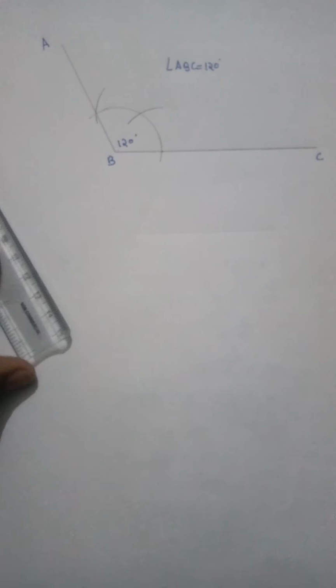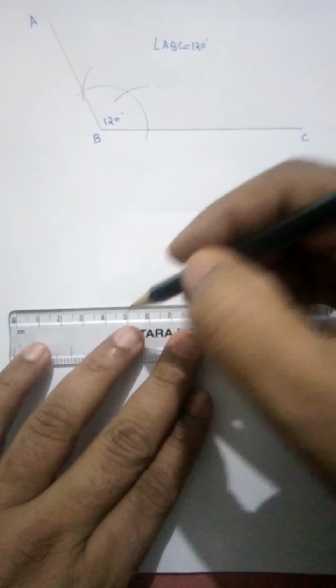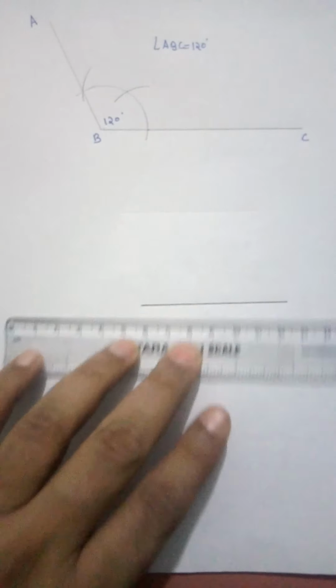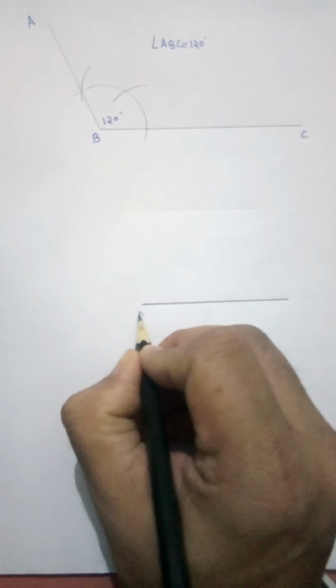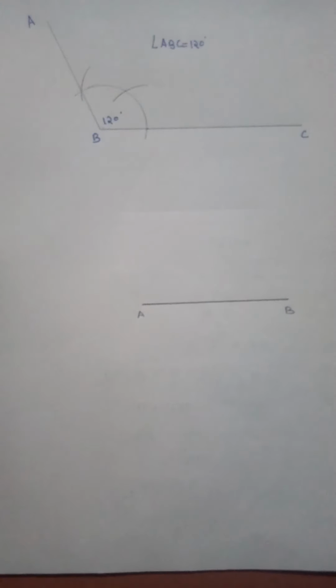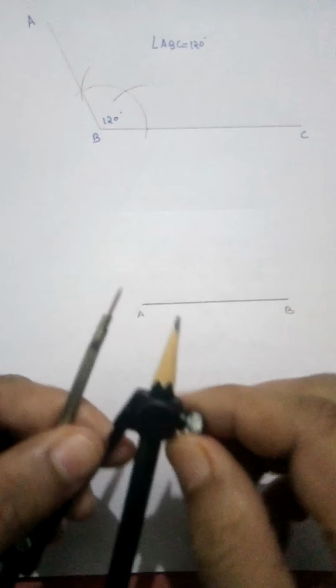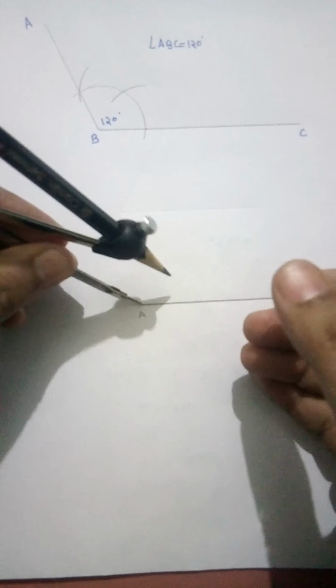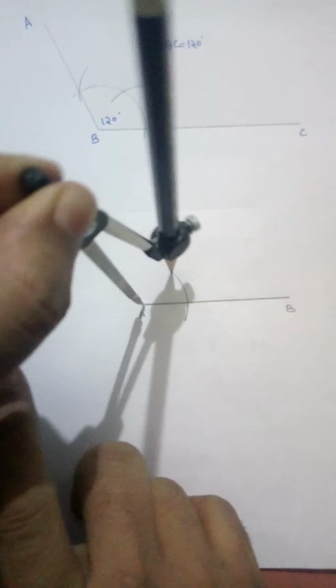Let us take the case of the 90 degree angle. This time we will construct a 90 degree angle. So again draw a straight line first, as always we draw. Mark it as AB. Take the compass, arc of suitable length. Keep the compass pointer at one end of the line. Cut an arc of suitable length,